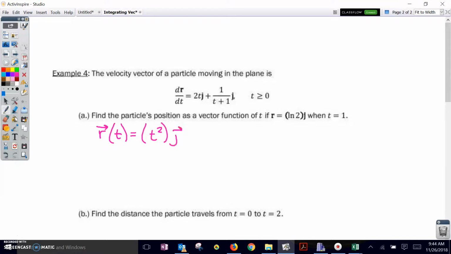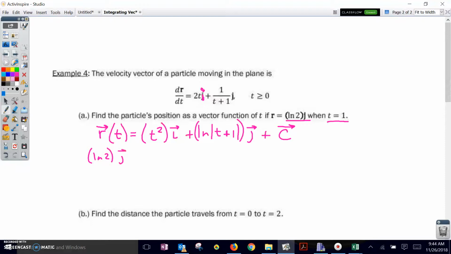This is going to be t squared i plus the natural log of the absolute value of t plus 1 j. Oh, I've got a typo there, that's an i. Plus our constant vector, and when t is equal to 1, there's our constant vector, and so we've got